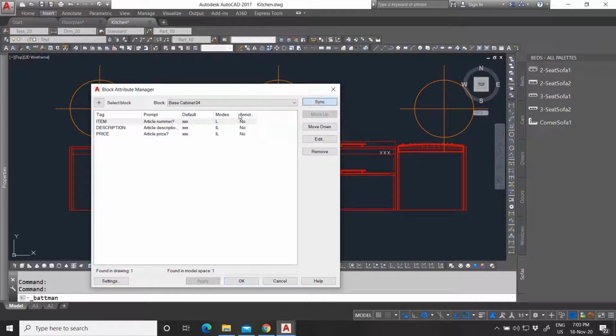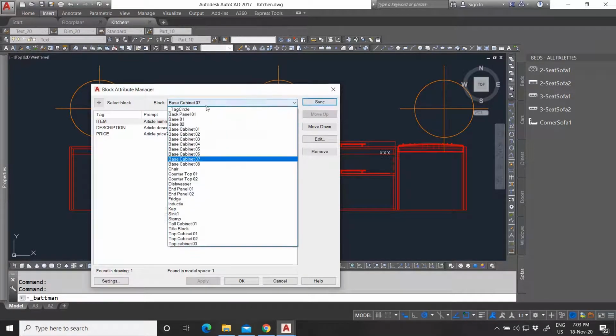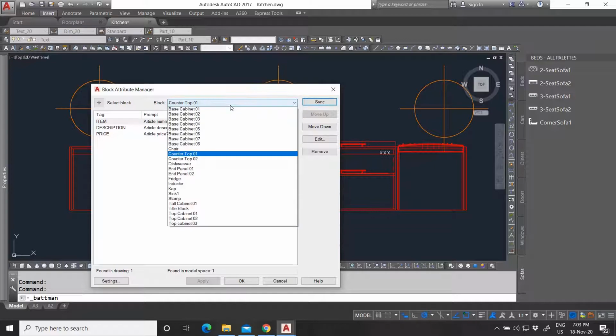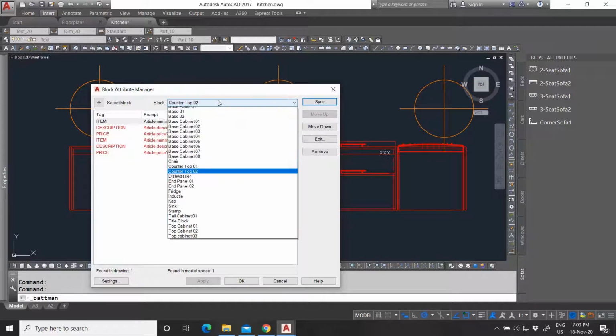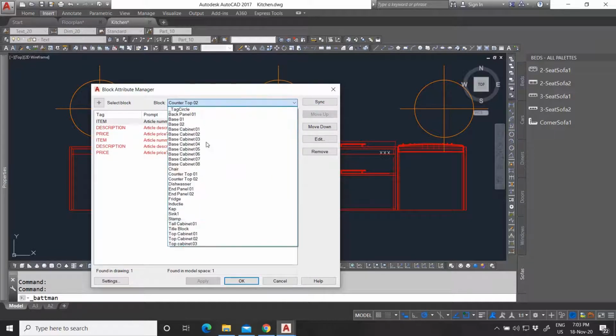So that's why I said you can do this when you're making your block. While you're making your block, you add your attributes one time. Then it will save you the time to have to do these steps because it will be there already. Now this one right here, countertop 2, has two attributes, which is not good. So we will check that out just now. You see it has two of the same attributes. End panel,